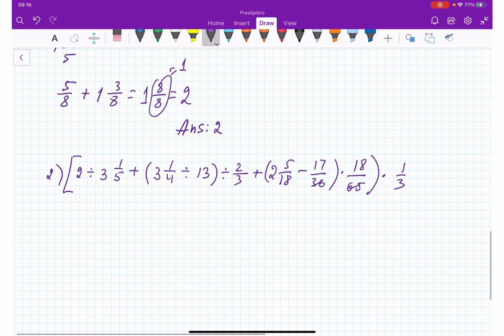Okay, so what we can do as a first operation, this division we can do, then